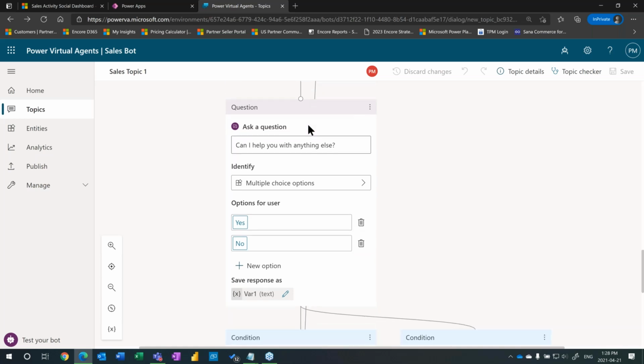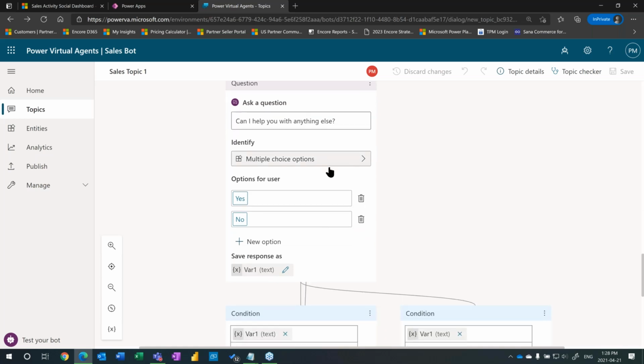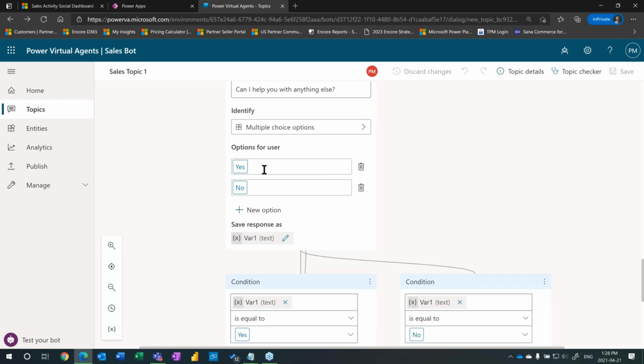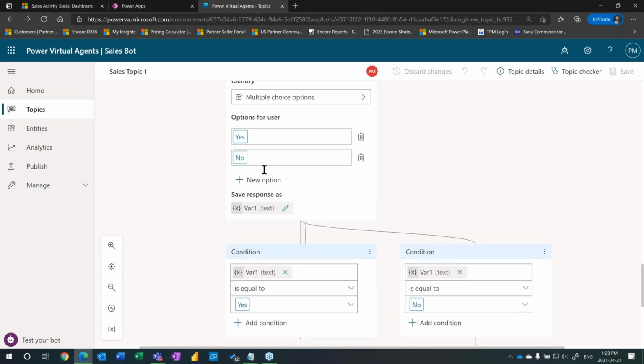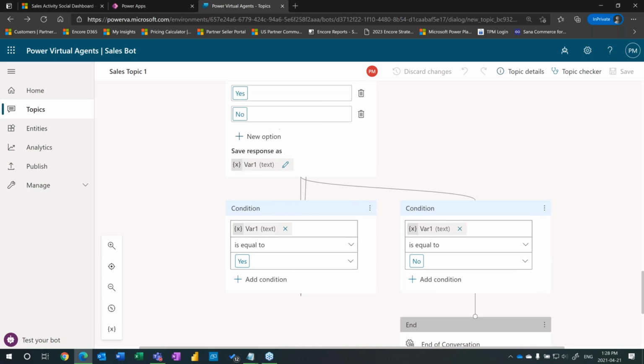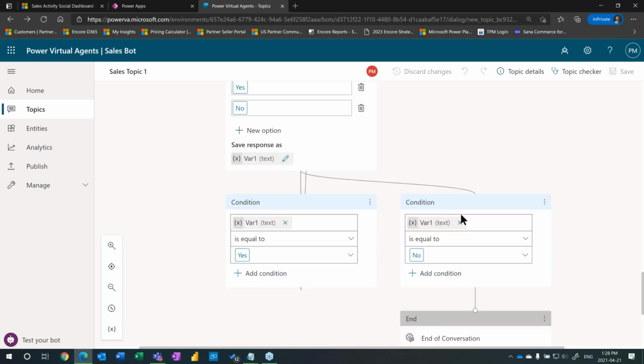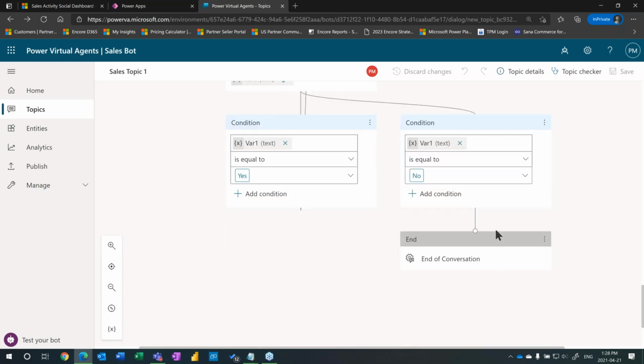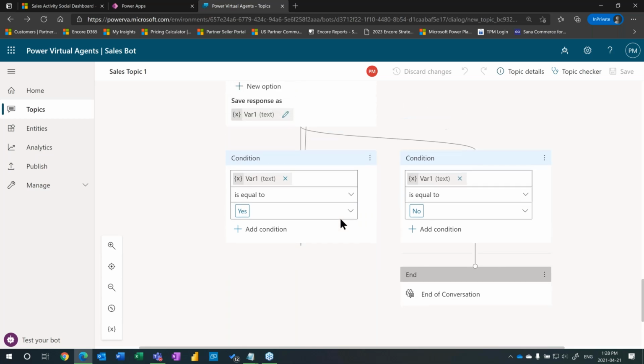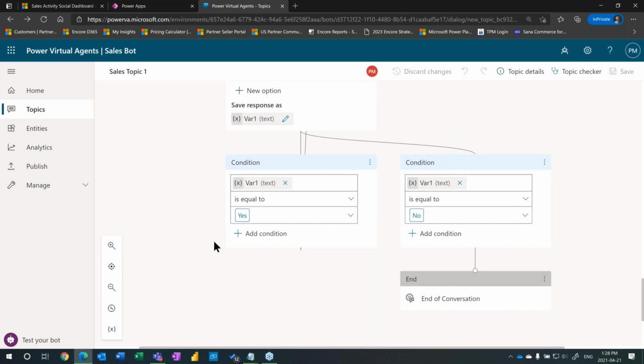So we ask a question, can I help you with anything else? And do another multiple choice of yes or no. And then again, it's going to branch off with a condition. If the answer is no, then you see that we want to end the conversation. And if you answer yes, then